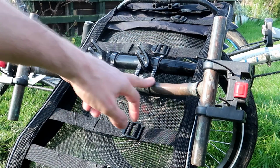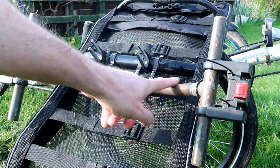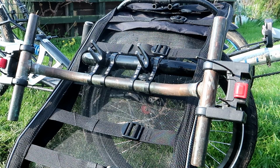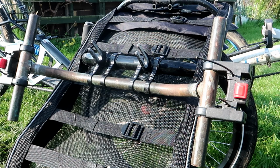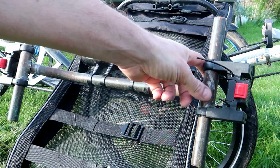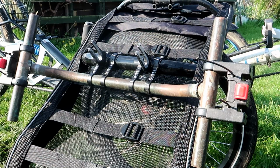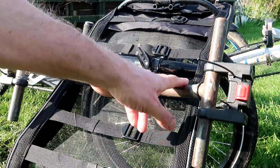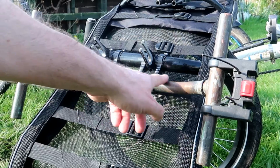So what was a straight piece of 22mm copper piping obviously had to be bent. There's two angles, one there and one there, that needed bending. A friend lent me his pipe benders to do that little job. The angle actually wasn't as critical as what you might think. Prior to brazing the ends on, you can adjust the angles of this when it's in situ on the chair. So that angle and that angle there in the bend wasn't, as I say, as critical as what you'd think. Straight pipe through the back,